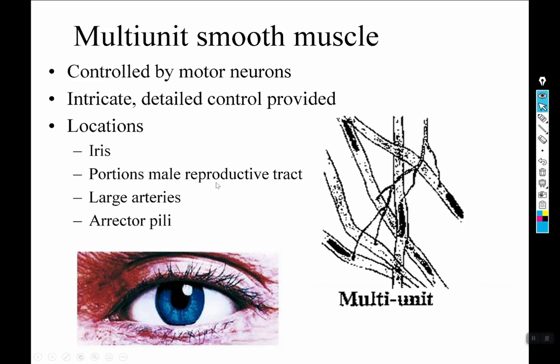Large arteries, so examples are your carotid arteries in your neck, and your erector pili muscle, so the muscles that pull your hair into goosebumps, for example. Single unit